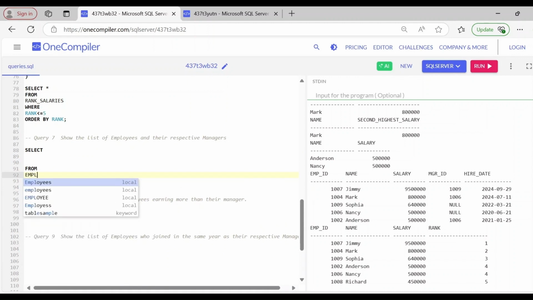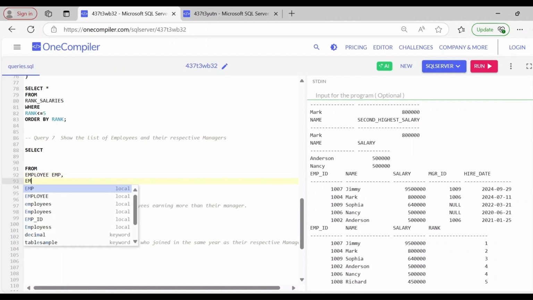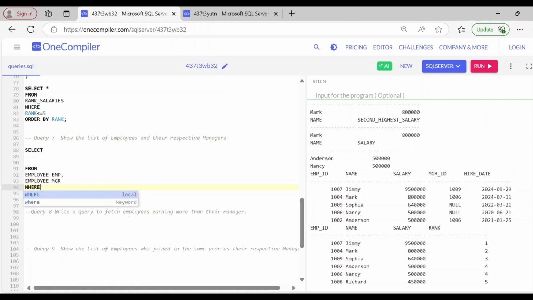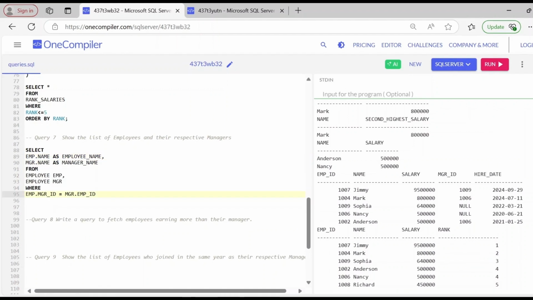So one table will be employee, let's name it as emp, and my second table will be again employee, I'll refer to as manager, and my condition will be where employee dot manager id equals to manager dot employee id, and my fields will be employee dot name, it will be my employee name, comma manager dot,